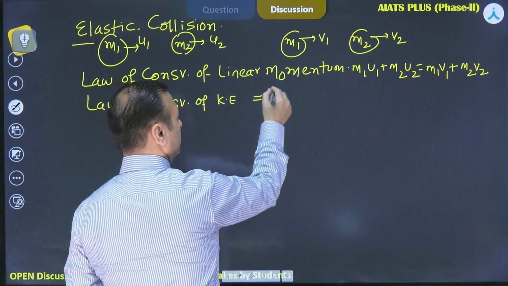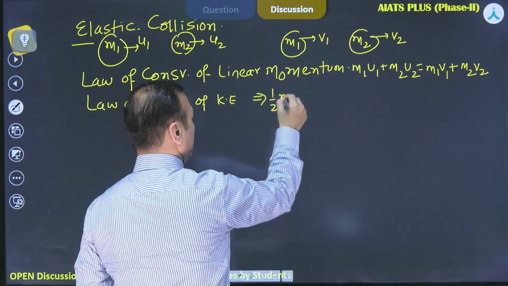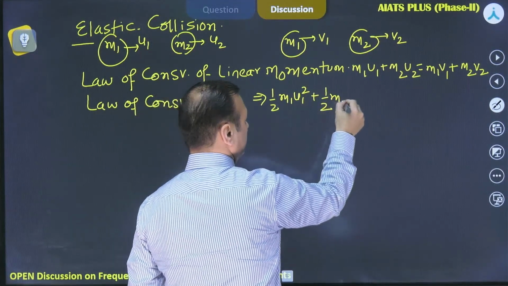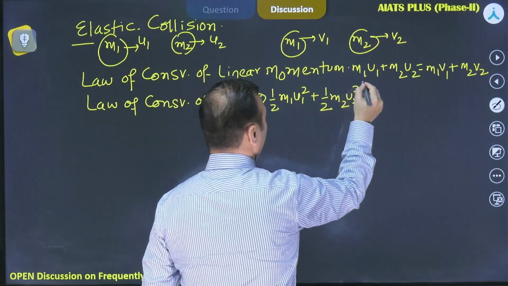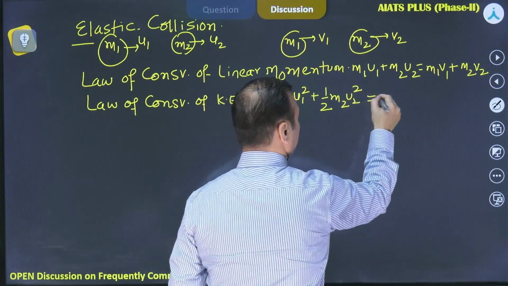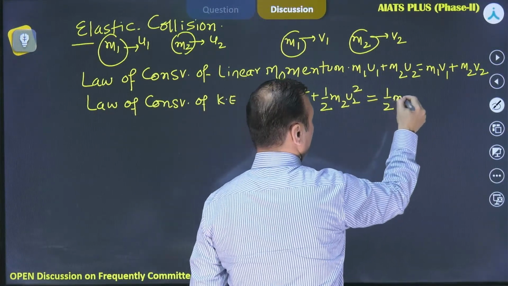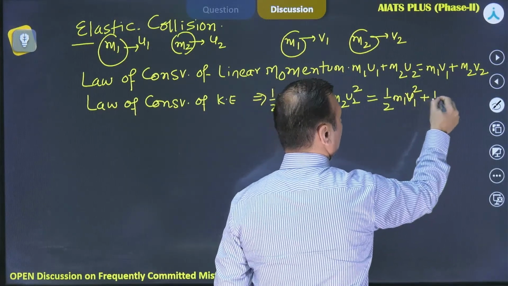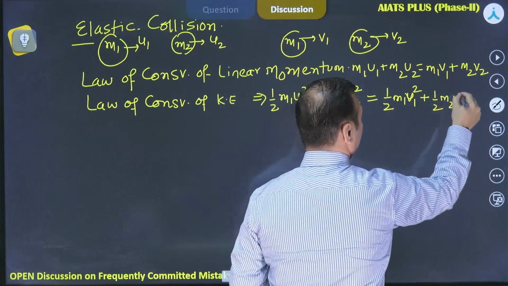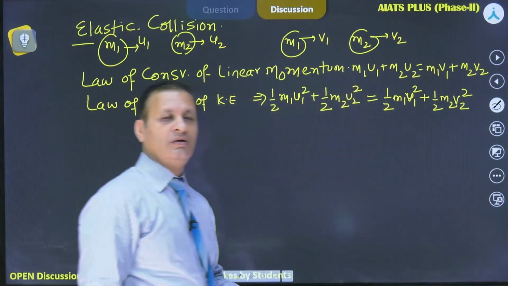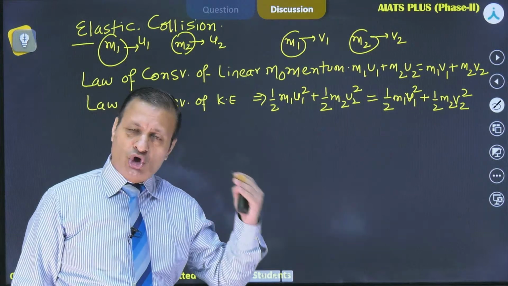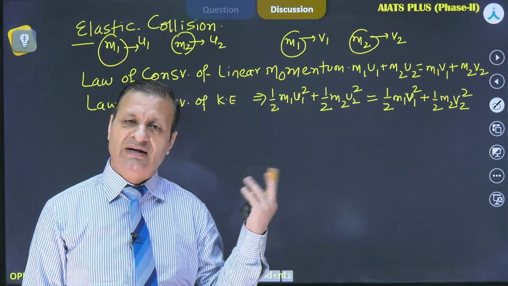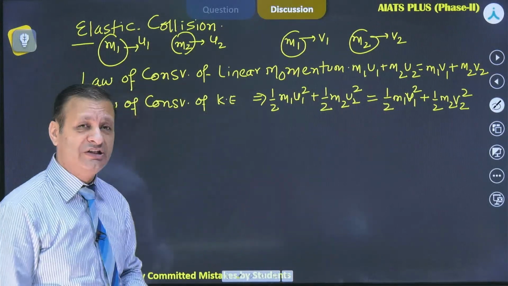And for this situation, you have half m1 u1 square, that is the initial kinetic energy before collision, is equal to the final kinetic energy. So initial kinetic energy is also equal to final kinetic energy of the system, that is before collision and after collision. And when you solve these two,